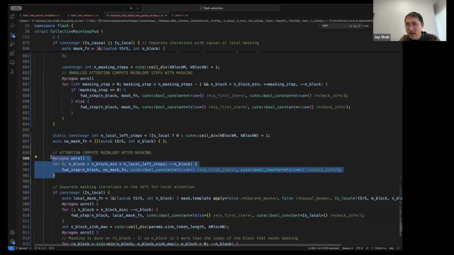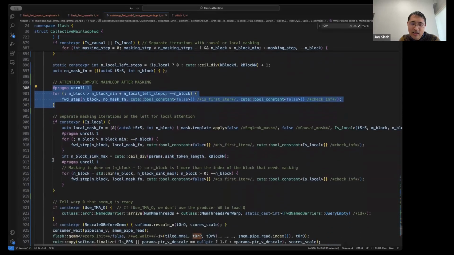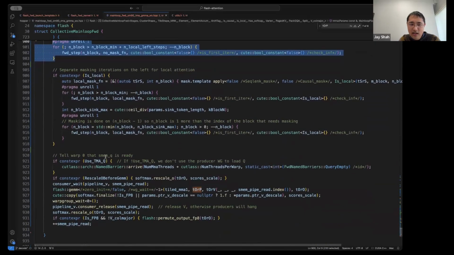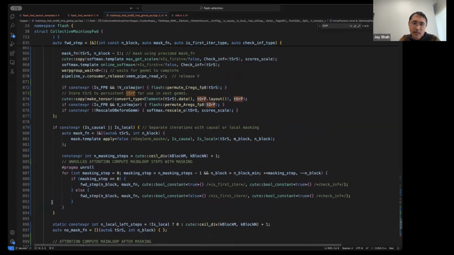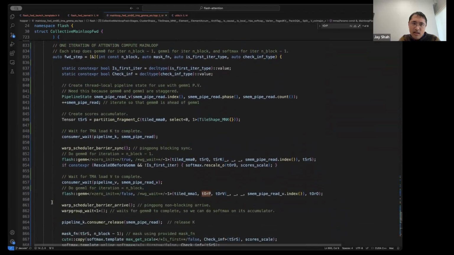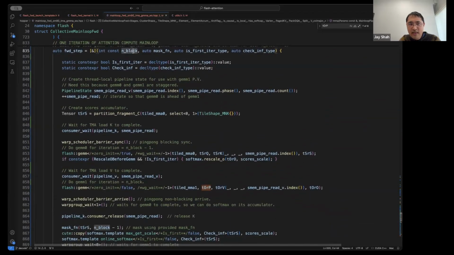So this is the heart of the algorithm, I would say. Let's try to explain it. There's some epilogue logic here, but you can ignore that. This is the thing that will reflect my asynchrony scheme in terms of overlapping. So here I have this n block. Let's just suppose it's not the first iteration. It's not checking that I possibly mask and produce minus infinity, and it's not checking that I'm doing any masking.